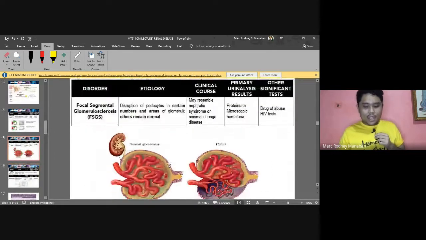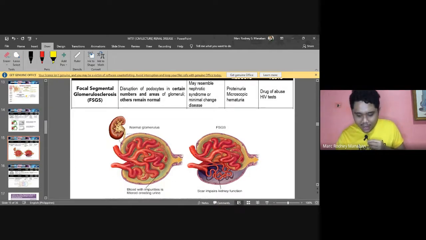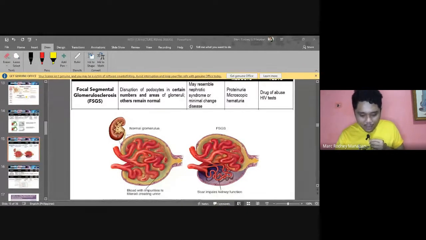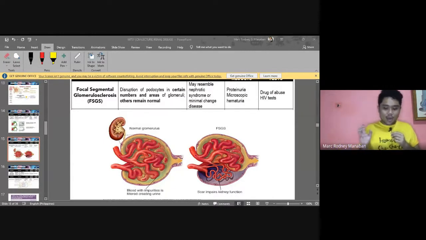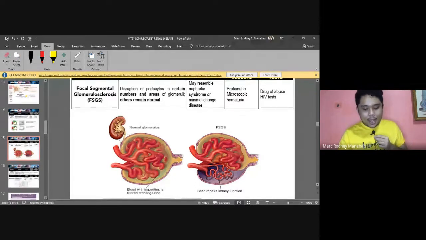All right. Next, you have focal segmental glomerulosclerosis. All right. So it disrupts the podocytes. When you say focal, all right. Focal segmental, all right? When you say focal, it means that some of the glomeruli lang ang scarred, okay, or nagkaroon ng scarring, okay? For segmental, only part of each individual glomerulus. So again, as you can see, focal meaning kanira na part sa mga glomerulus ang na-damage, so focal. Segmental meaning sa sulod pag sa glomerulus na aray parts dito na affected.